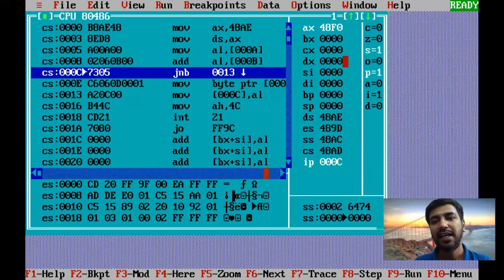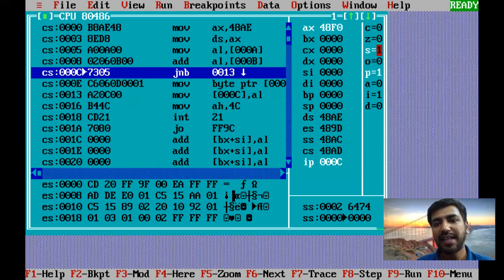After adding, is there a carry generated? There is no carry generated, because 70 plus 80 will not go beyond 256, or beyond FF. So your result is still stored in F0. It is not going beyond FF, so there is no carry generated after addition.